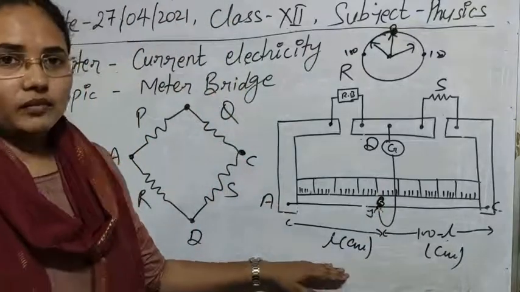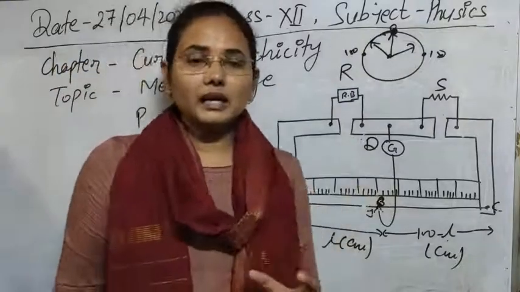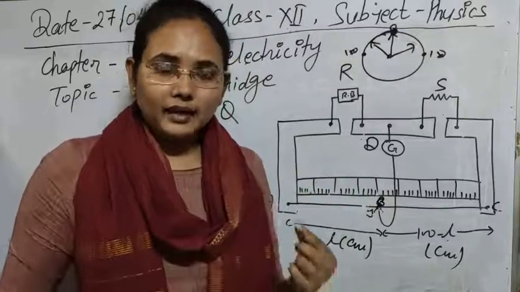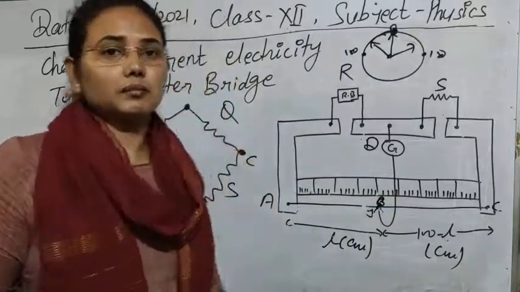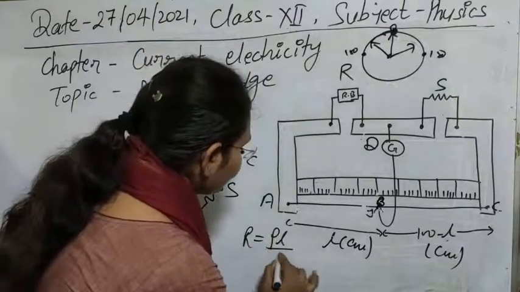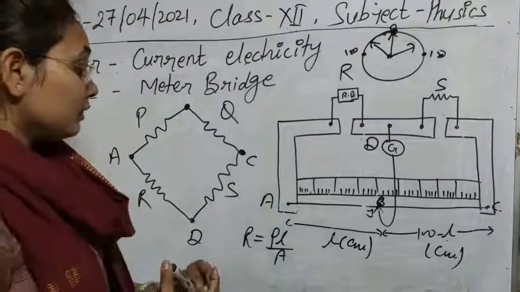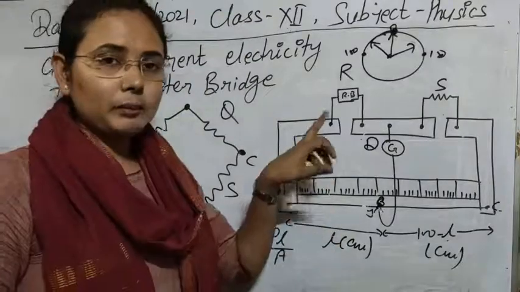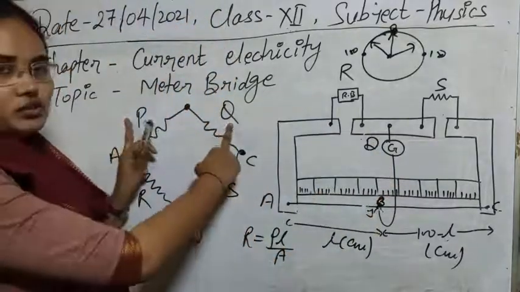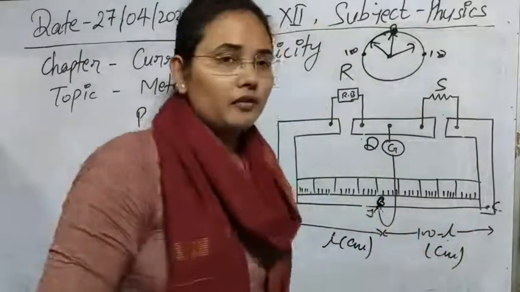Now for this length, obviously you know that resistance depends on length. If you have any conducting wire that has some length L, cross sectional area A, and its material has resistivity rho, then we can find out R by using this formula. This wire will have a certain resistance. This resistance serves the property of P and Q that we needed in the case of the Wheatstone bridge. P and Q both we are just obtaining by this 1 meter long wire.